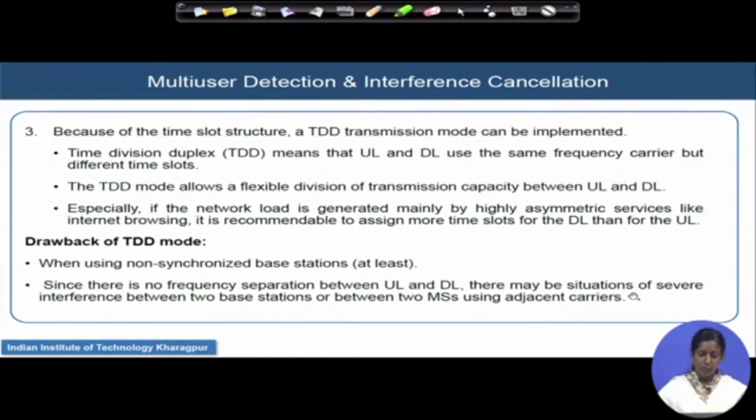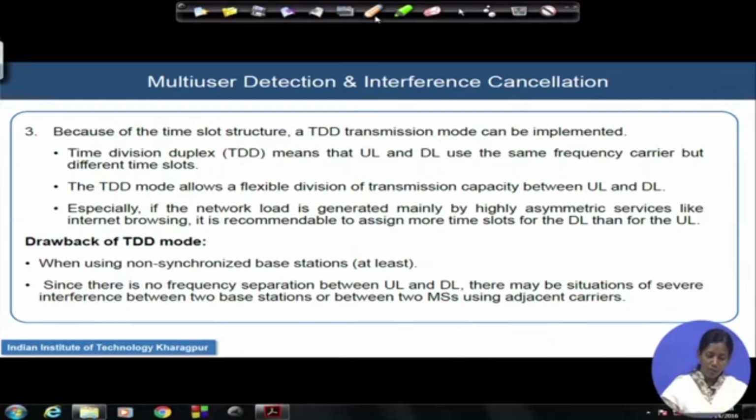And another important part, because we understand that there is a different time slot involved in the operation. So, TDD operation transmission mode can be implemented. TDD mode means that when the downlink is going on, uplink is not going on. So, uplink will go on in a different time slot. So, any interference from the uplink channel to the downlink channel is not possible, and transmission capacity also